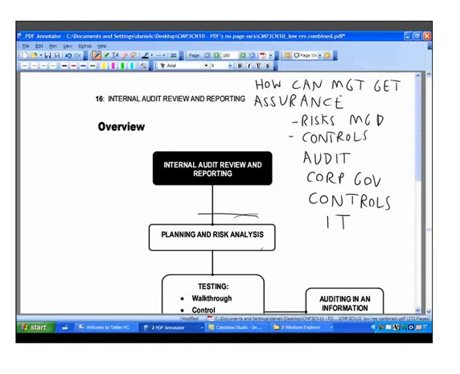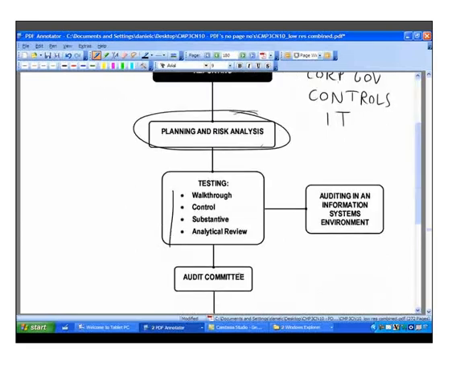We're going to move on to look at the different types of tests that auditors carry out. Now, it's important that you understand the different types of tests and that you're able to think about what sort of tests would be appropriate for dealing with certain risks. The reason for that is that there's a fairly common style of exam question that goes something like this. How could auditors check